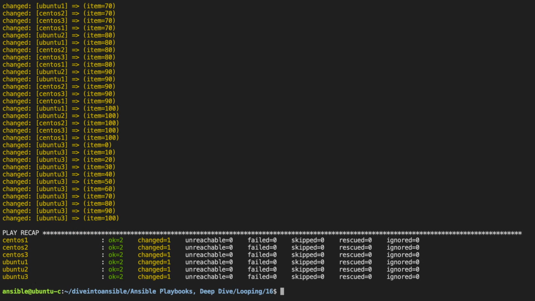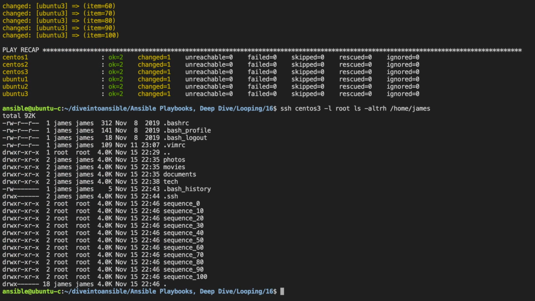Okay, great, that's done. And if we have a look at one of our user accounts, it's created those directories. It's actually done those as root, as we're actually running as the root user. This is only testing, but if you're actually doing something similar to this, you would need to have this as a consideration. If you go into revision 17,